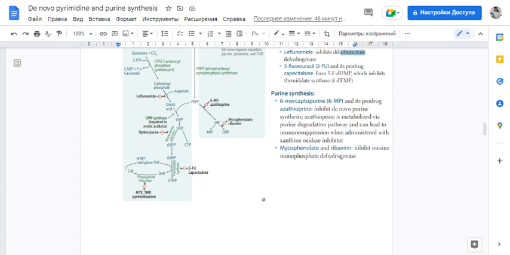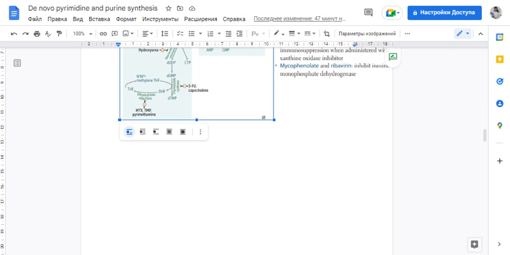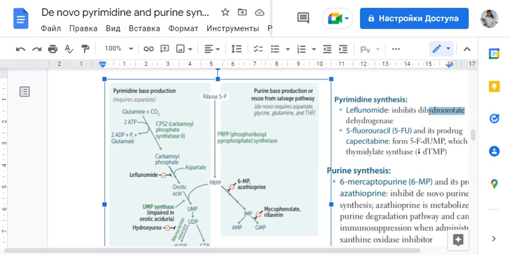We have to memorize that dihydrofolate reductase is inhibited by methotrexate, TMP-SMX, which we know as a drug, and pyrimethamine. Pyrimethamine is an anti-protozoal drug. And the conversion of carbamoyl phosphate to orotic acid is inhibited by leflunomide, and leflunomide inhibits dihydroorotate